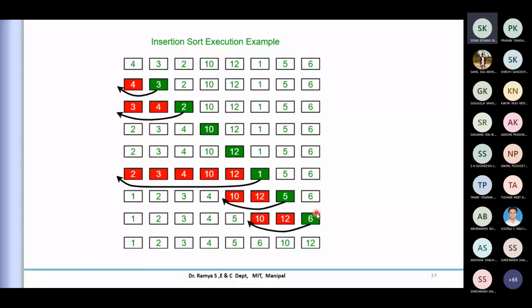We are comparing, and if required, we are not swapping, which basically means a change of position of the adjacent elements. We are identifying the position where to insert, inserting that element and shifting the other content accordingly. This is the major difference between bubble and insertion sort.